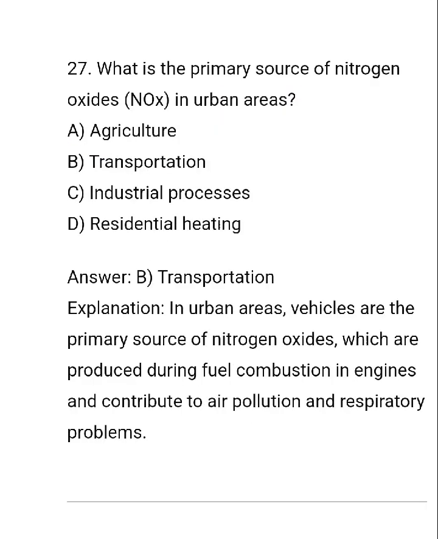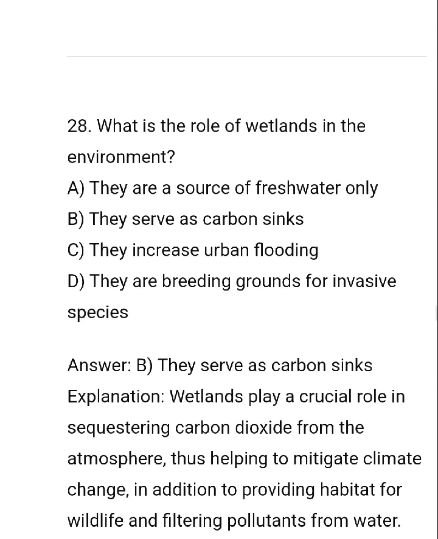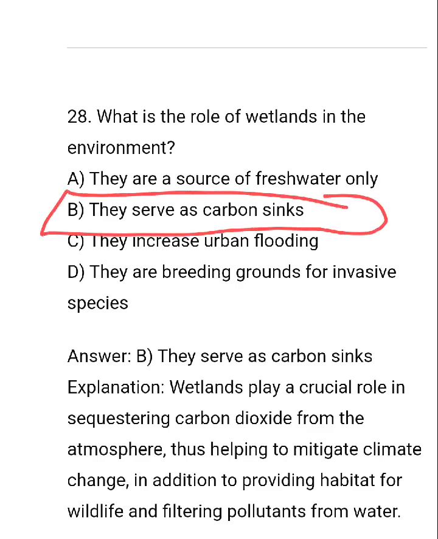Next, what is the primary source of nitrogen oxide in urban areas? So it is simply transportation. Next, what is the role of wetlands in the environment? So they serve as carbon sinks. Option number B. Wetlands play a crucial role in sequestering carbon dioxide from the atmosphere, thus helping to mitigate the climatic